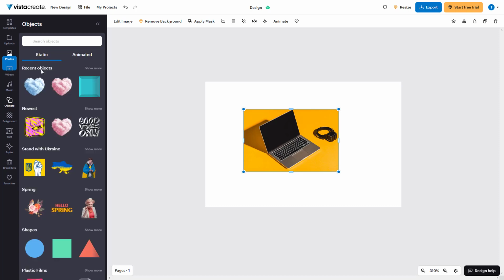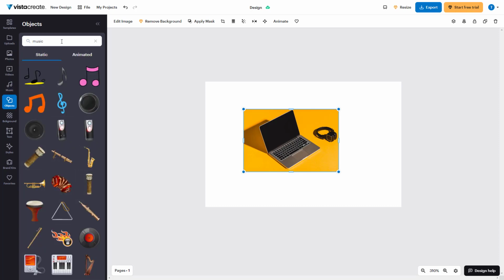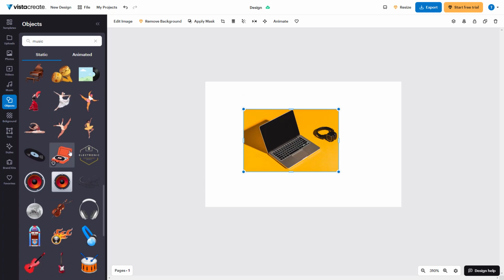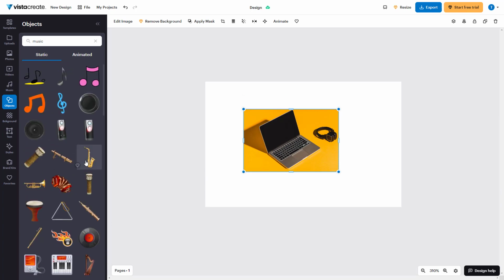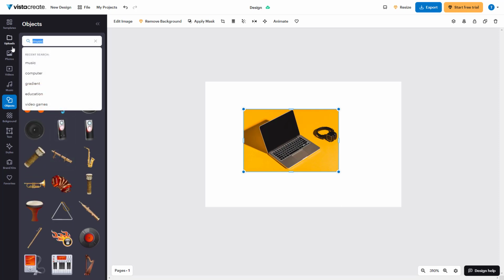Similarly for the objects as well. Let's say I want something related to music right here. So I'm just going to type music and press enter. And you can see that there are different music related images. If you're not finding what you're looking for, then you can just